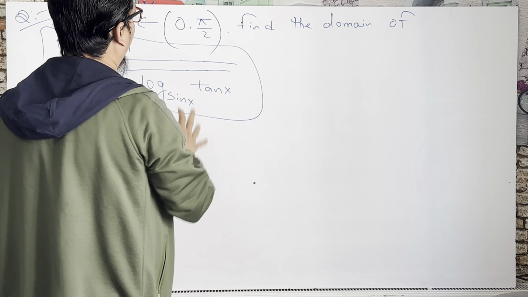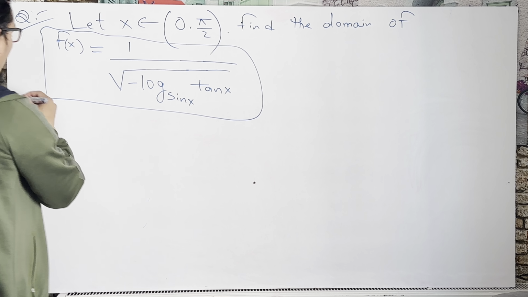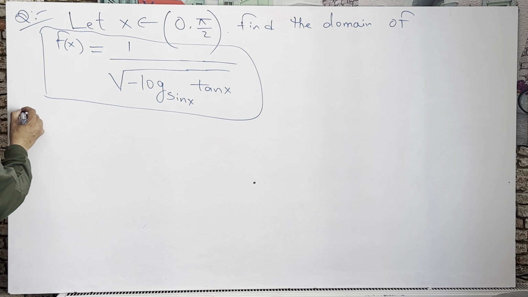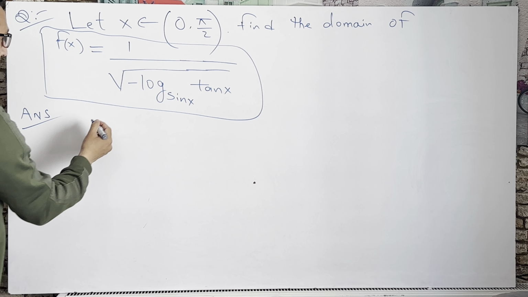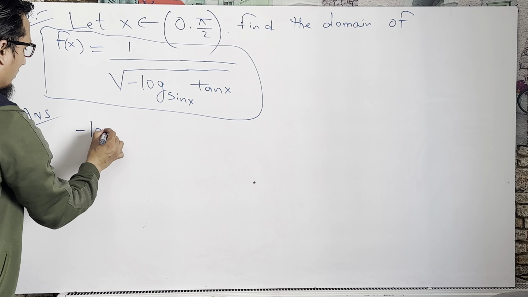So this is my question, and if you see, the question involves a trigonometric function as well as a square root function and a rational function. 1 divided by is a rational function, and this is a square root function. So I'm going to solve this question here. First of all, consider the denominator, this one: minus log base sin x tan x